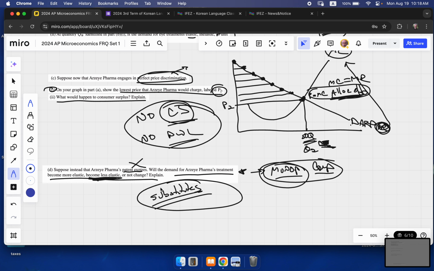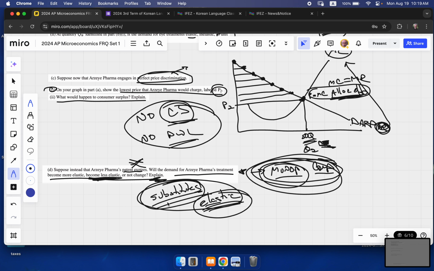And that should make sense. Our explanation is always going to be about substitutes. So the more choices we have, the more elastic our demand. The fewer choices we have, the more inelastic. So the patent expires, more firms enter due to the profits, right? Due to profits, firms are going to enter here and they're going to make some of this good. That's more substitutes. That's more elastic demand. I think we're golden